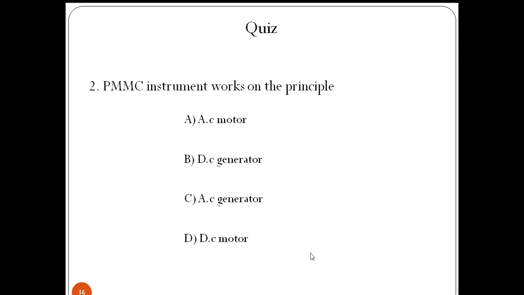You remember, once we connect the meter to some electrical supply, it works as a motor, and this PMMC meter works only on DC. So we can say the meter works on the principle of a DC motor, that is Lorentz law. Whenever a current carrying conductor is placed in a magnetic field, it will experience a mechanical force.